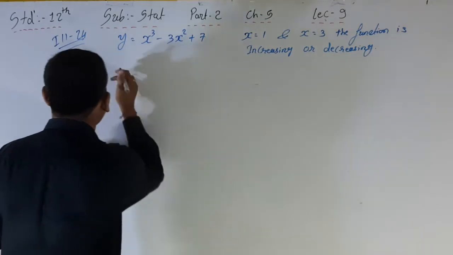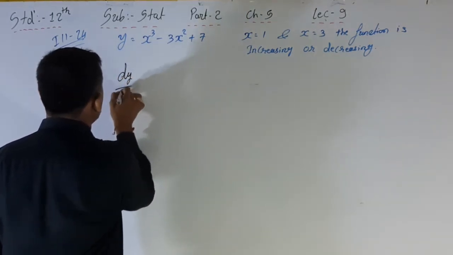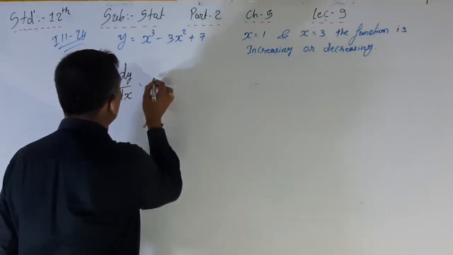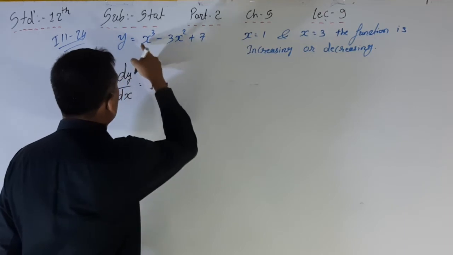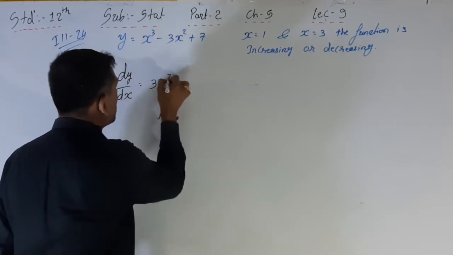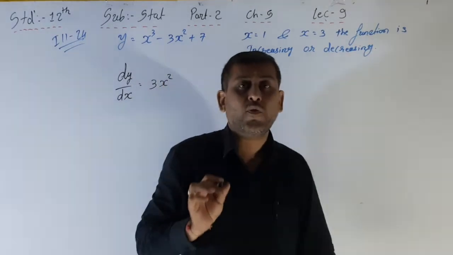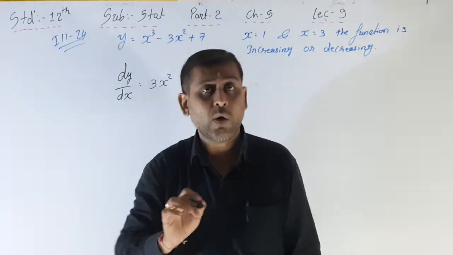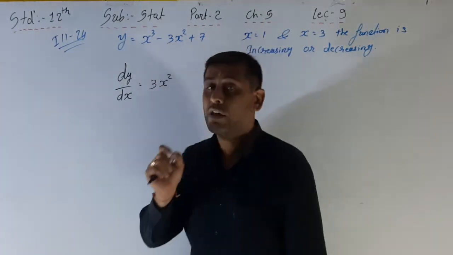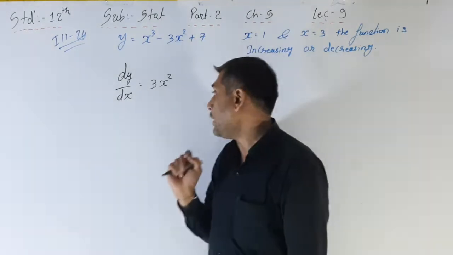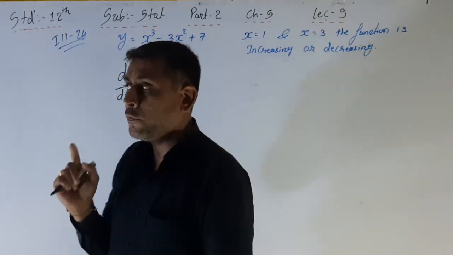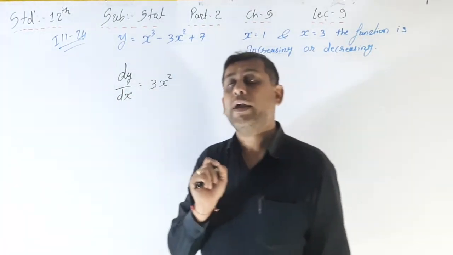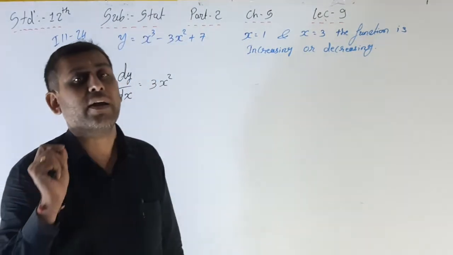So here first of all I am finding the first differentiation, that is dy by dx. I am writing the answer 3x square. I hope you all practiced illustrations 1 to 23 two to three times in your rough book, that's why now I don't have to explain that the differentiation of x cube is 3x square. The simple rule is that the differentiation of x raised to n is equal to n into x raised to n minus 1.